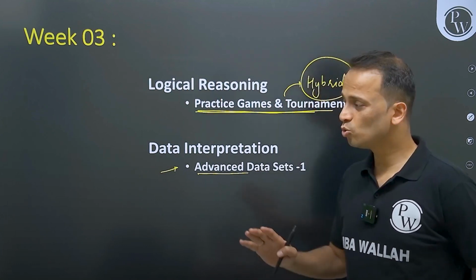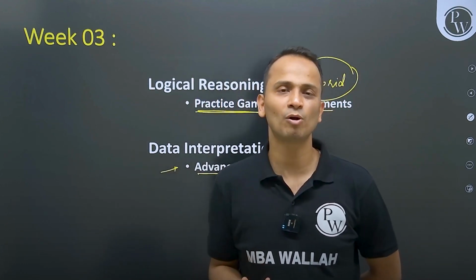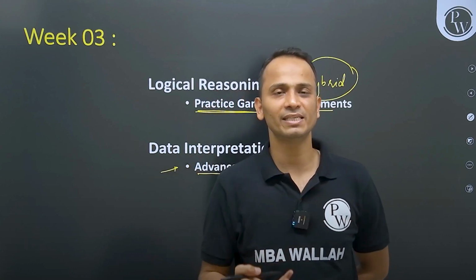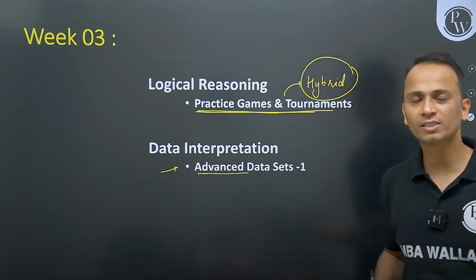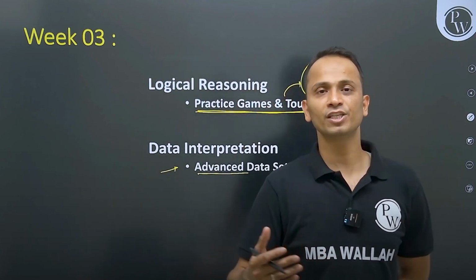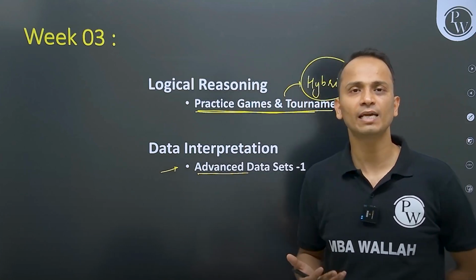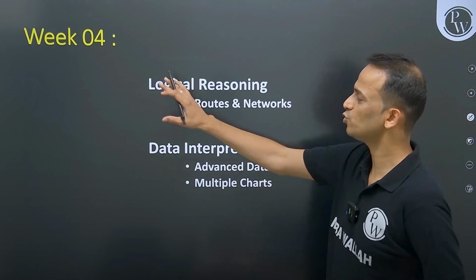Okay, so once you start solving the sets of advanced data sets, you will understand that there is just a hype about these sets. They are as easy as handling the basic data sets. All right. So in this week 3, you can begin with advanced data sets, and you can just pick up 2 or 3 types of advanced data sets like triangular charts and scattered charts. Okay, you can finish them in the first week. You can give 3-4 hours to each of these types of data sets, and then continue with advanced data sets in the upcoming week, that is week number 4.